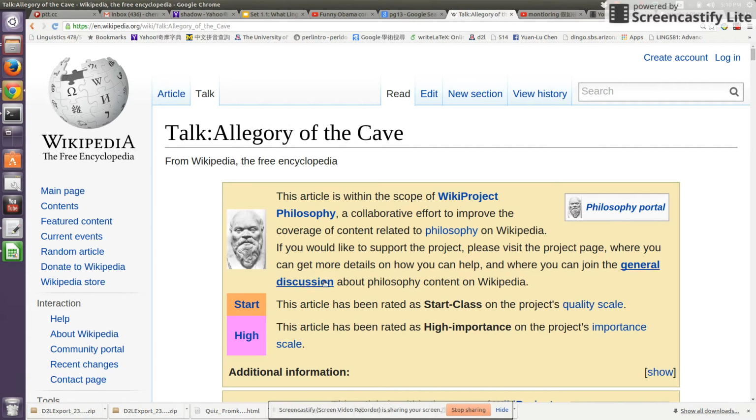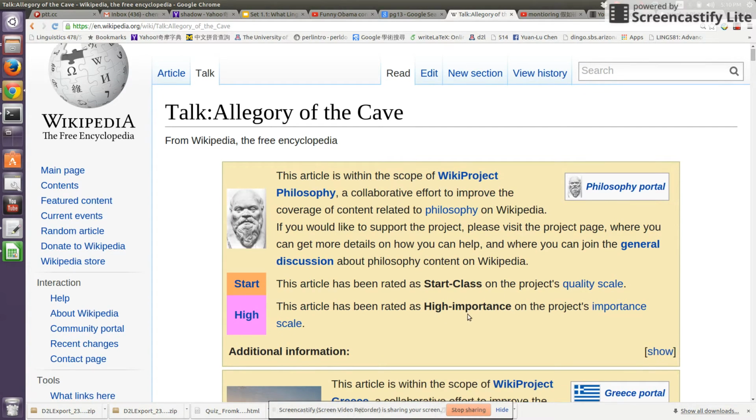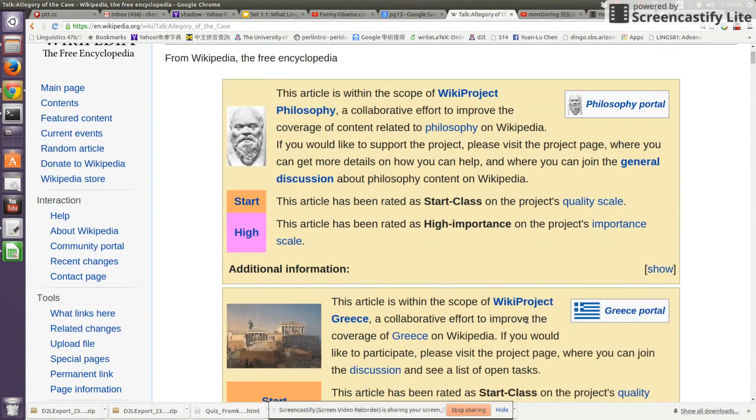And what we have is, for example, for this article, it has been rated as start class. Okay, it has a high importance.